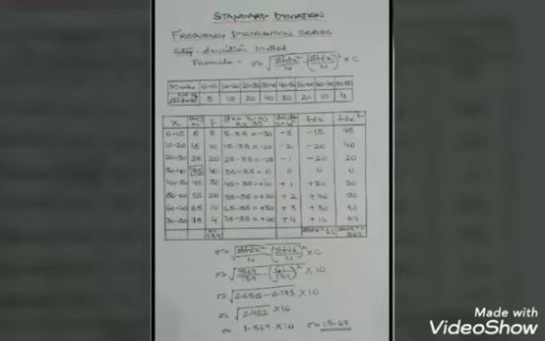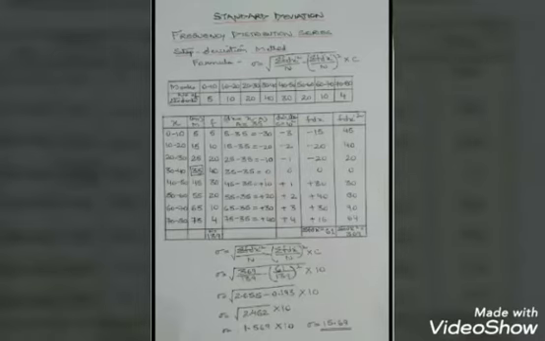Then we'll note down the frequency as it has been given: 5, 10, 20, 40, 30, 20, 10 and 4. Now very important, deviation. For deviation, we need to assume from the mid values any number of your choice. I have assumed 35. You can assume any number you want. So from each mid value we are going to deduct 35. So 5 minus 35 comes to minus 30. 15 minus 35 is minus 20. 25 minus 35 is minus 10. 35 minus 35 is 0. 45 minus 35 is plus 10. 55 minus 35 is plus 20. 65 minus 35 is plus 30. 75 minus 35, children, is plus 40.